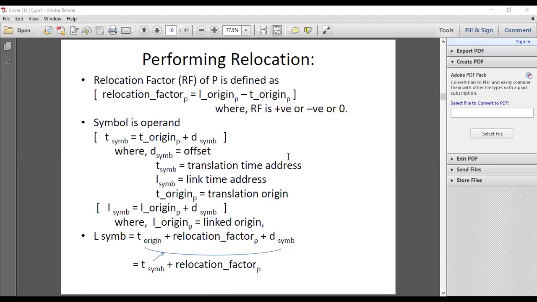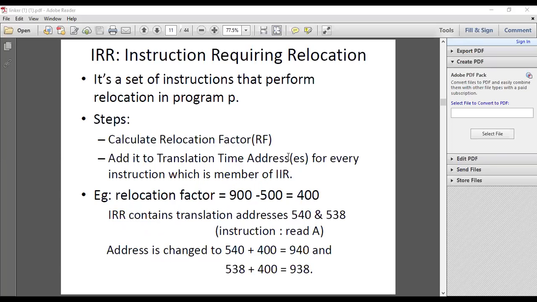The relocation factor can be calculated using the formula linked origin minus translator origin, that is, L_origin minus T_origin. Similarly, we can find the symbol address using the formula: if the linked address is, the translated symbol address plus the relocation factor.